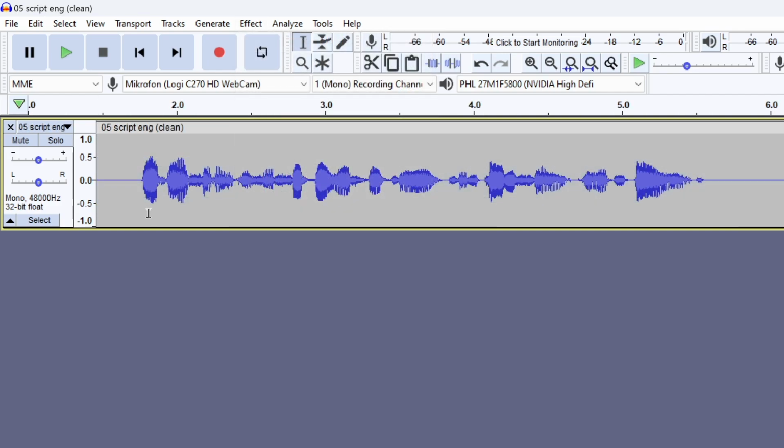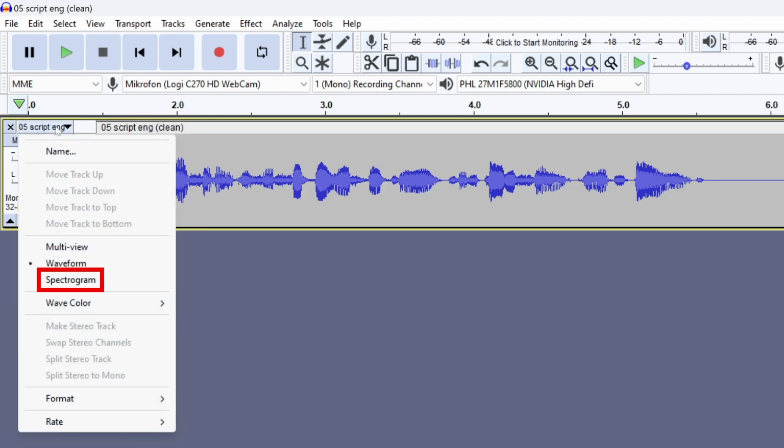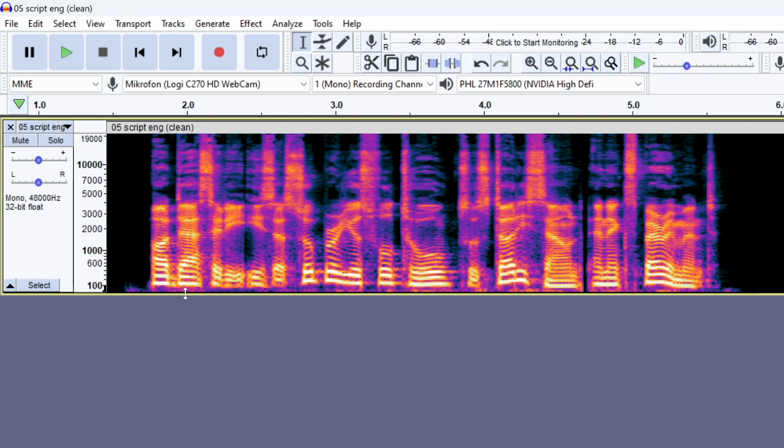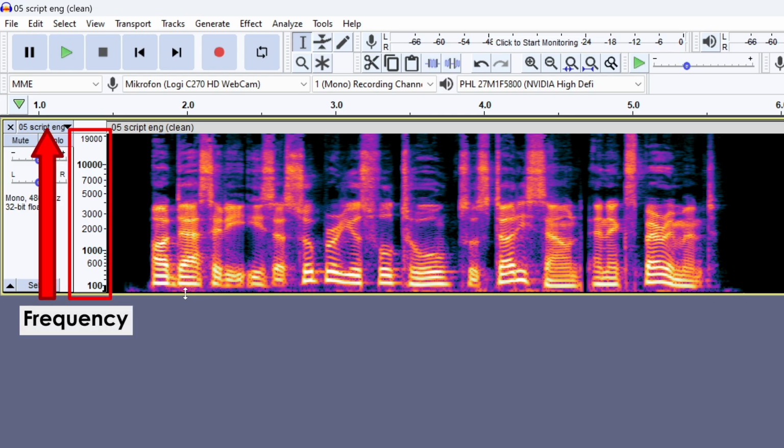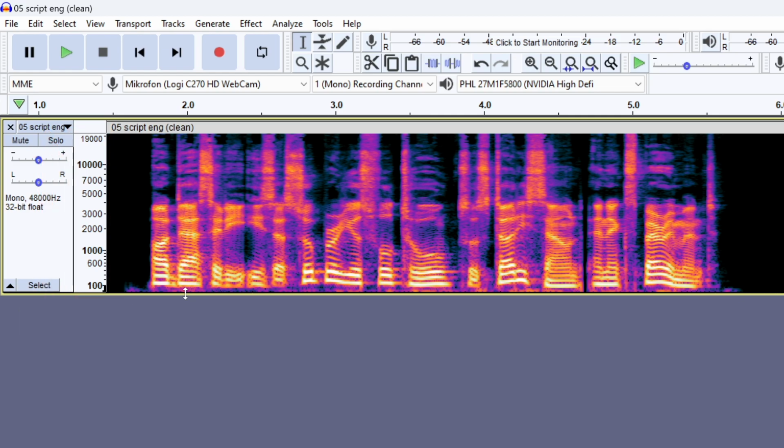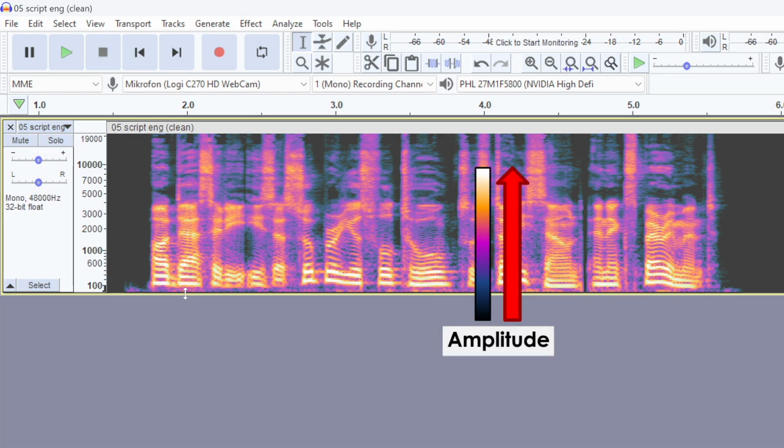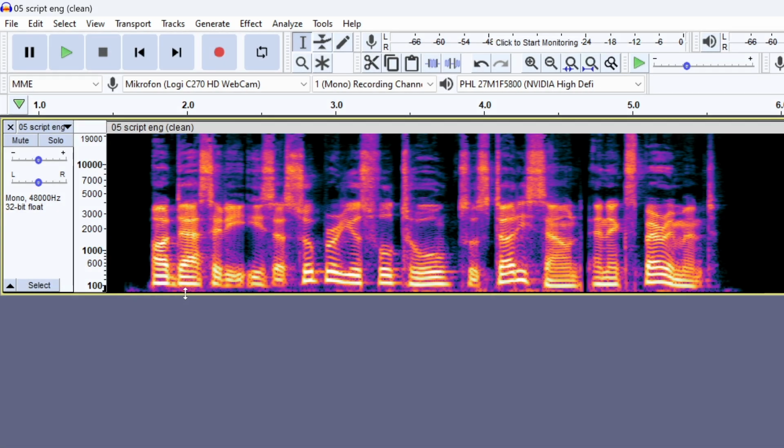In addition to the waveform, there is another way to visualize an audio, which is the spectrogram. To activate this view, you click on the track title and select Spectrogram. This is a way to visualize the frequency components separately. The vertical axis shows the frequencies, and the amplitudes are shown with colors. The color scale of amplitude from lowest to highest goes through the colors black, navy blue, magenta, orange, and white. Here, it can be very useful to adjust the vertical range.